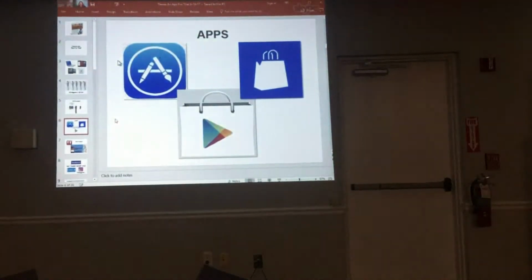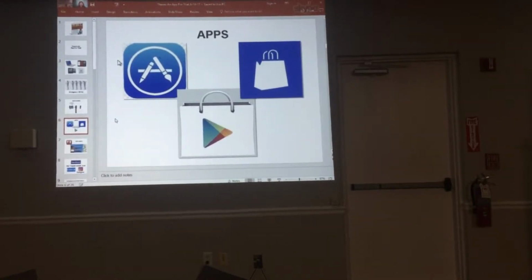So we're talking about putting an app onto your phone. And so those apps need to come from somewhere. In this case, it depends on the kind of phone you're using for which button it is you're going to tap on to be able to add an app to your phone or to your tablet. So what you see on the screen here are three different icons. The top left icon indicates the app store if you're using an Apple product. So if you have an iPhone or an iPad, that's the button you're going to tap on in order to access the store that gives you what available apps there are on your device.